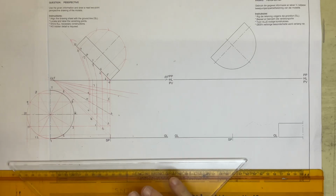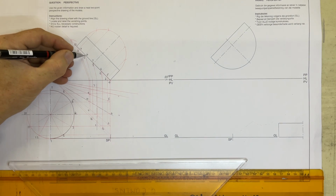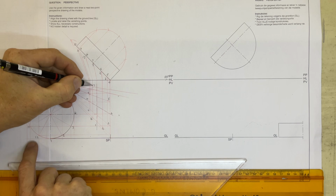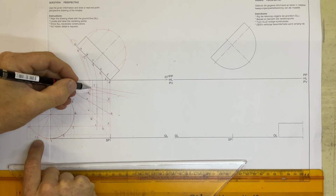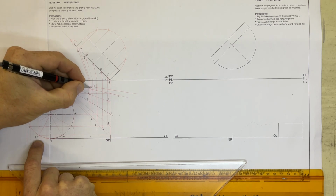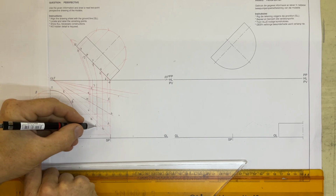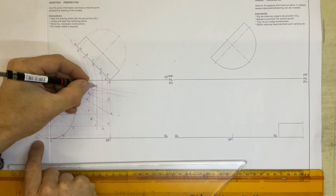Right, and I'm going to find that point. There is number 8 coming down, and it's going to link up with what is underneath 8, number 12. So number 8 and number 12 coming over there, coming down. There is number 8 over there. Okay, you'll see that I've got all the points going from 1, 12, 11, 10, 9, 8, 7, and over